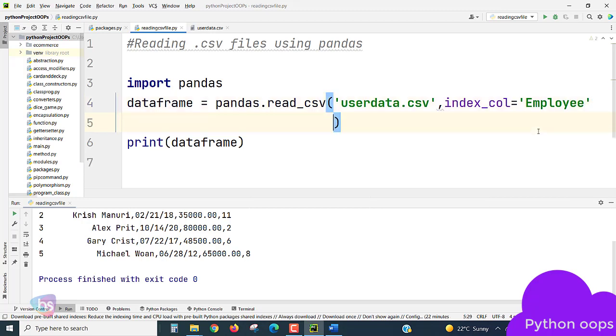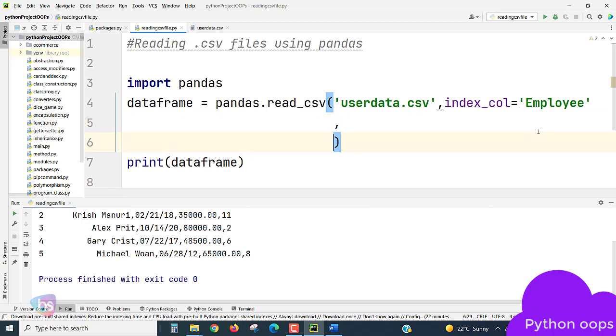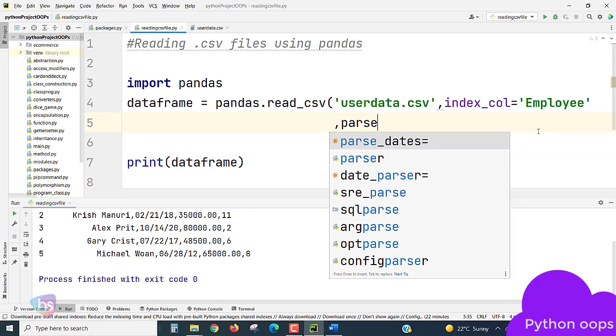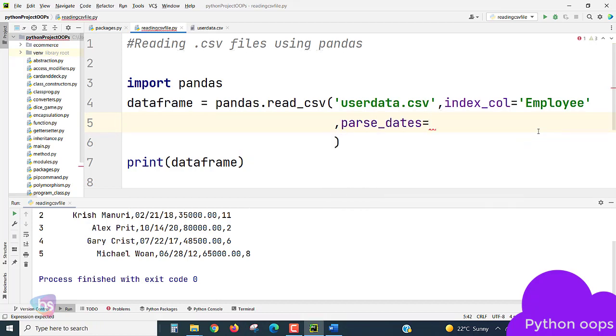I'm putting employee here, and then a comma. Then parse_dates equal to the dates we are parsing, which is hired,